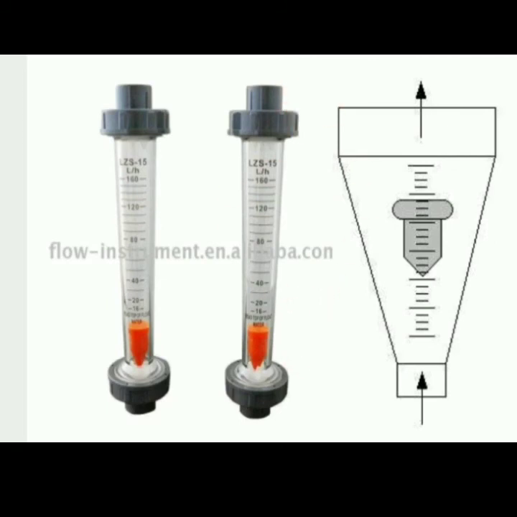And this rotameter consists of a vertical tapered tube which is mounted with the narrow end down. This tube is usually made from glass. It is a transparent glass. Then here a solid plummet is placed in this tube. This is the float or plummet which is placed inside this glass tube. The diameter of this plummet is smaller than the narrow end of this tube. This is the narrow end of this tube.